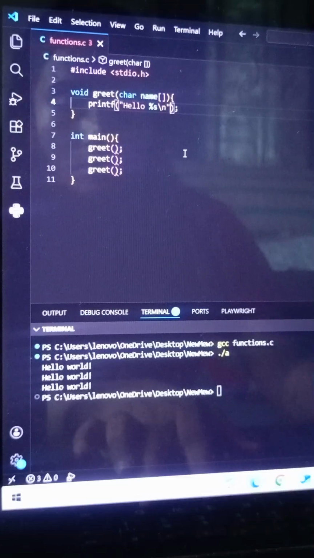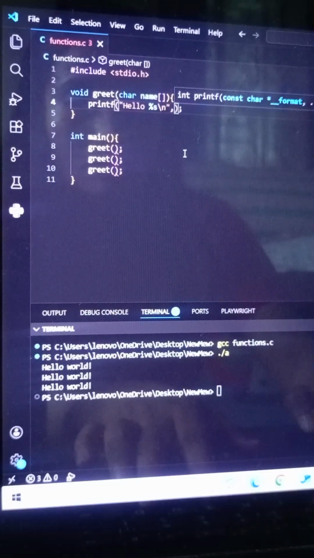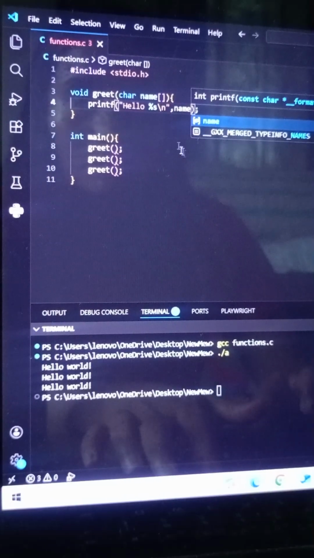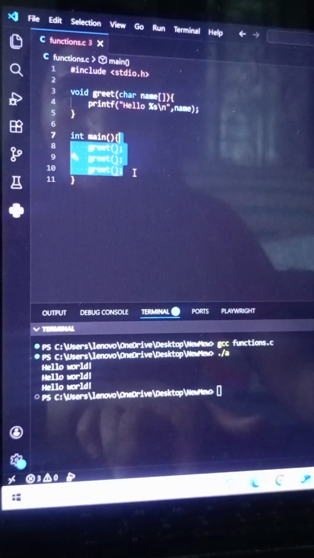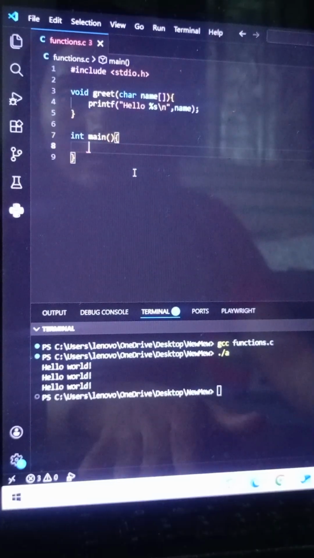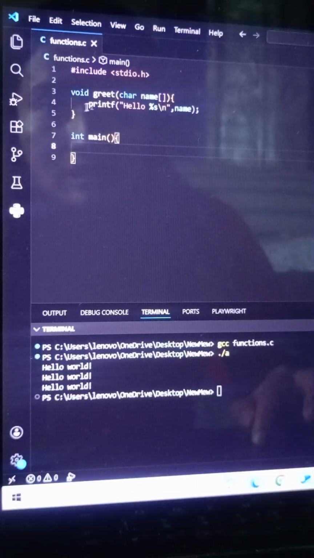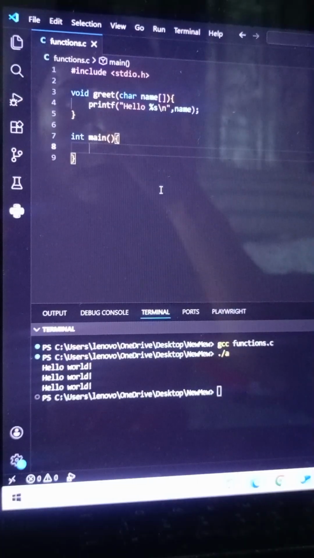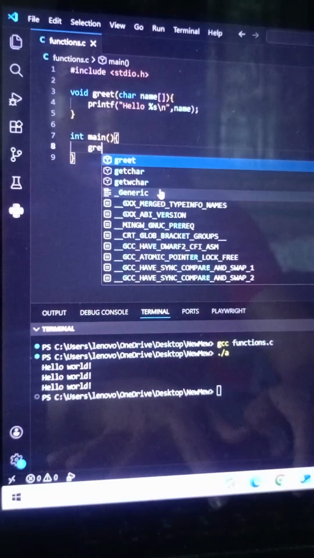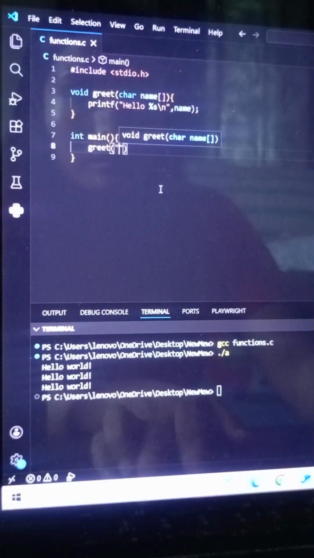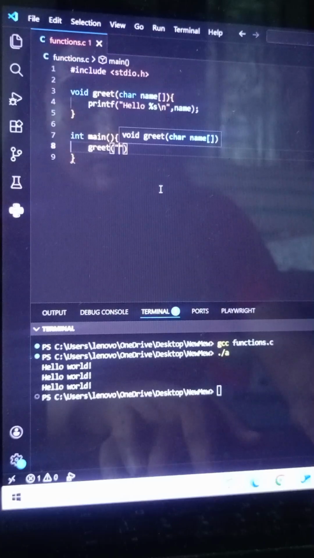This is for a string data type. Now here we can simply write name. Okay, now we have written the parameter. Now we are going to personalize our greeting. So how are we going to do that? We are going to personalize our greet by writing a name